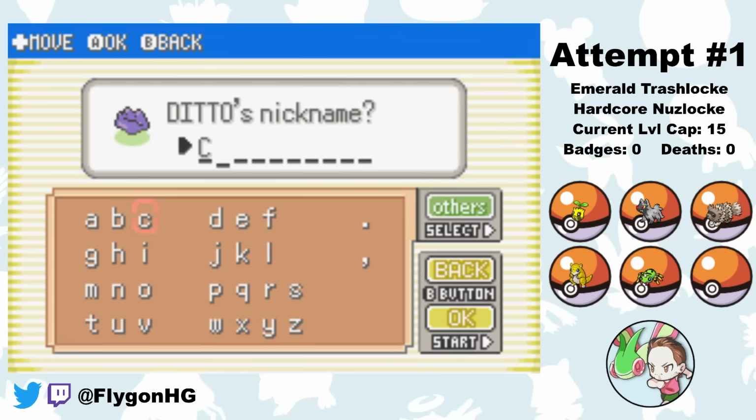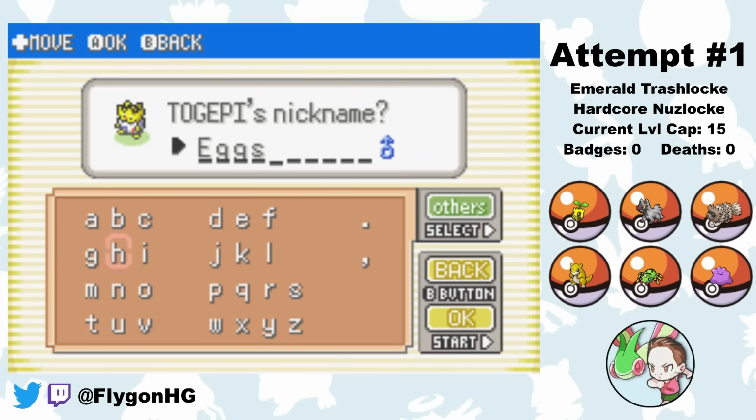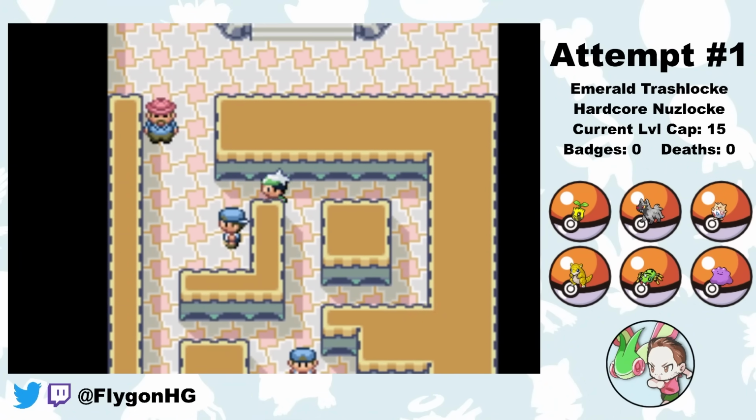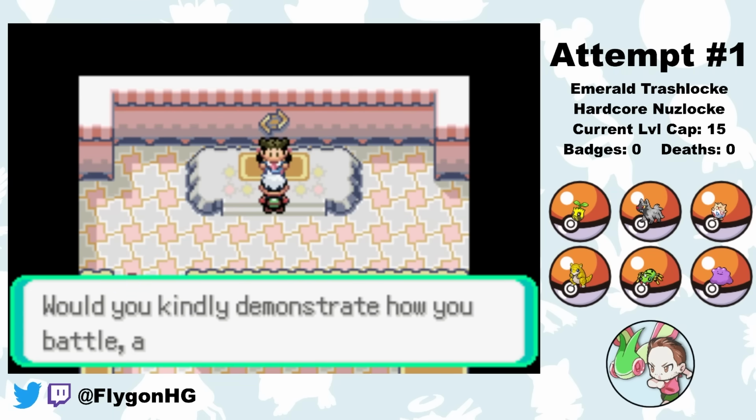On Route 116, I catch a Ditto, and I name it Clone. And in Rusturf Tunnel, I catch a Togepi. I name him Eggshell. And with that, we've got all the possible encounters before the first gym. So I level up my team of 6, which includes everyone but Trash Panda the Zigzagoon, and then I go